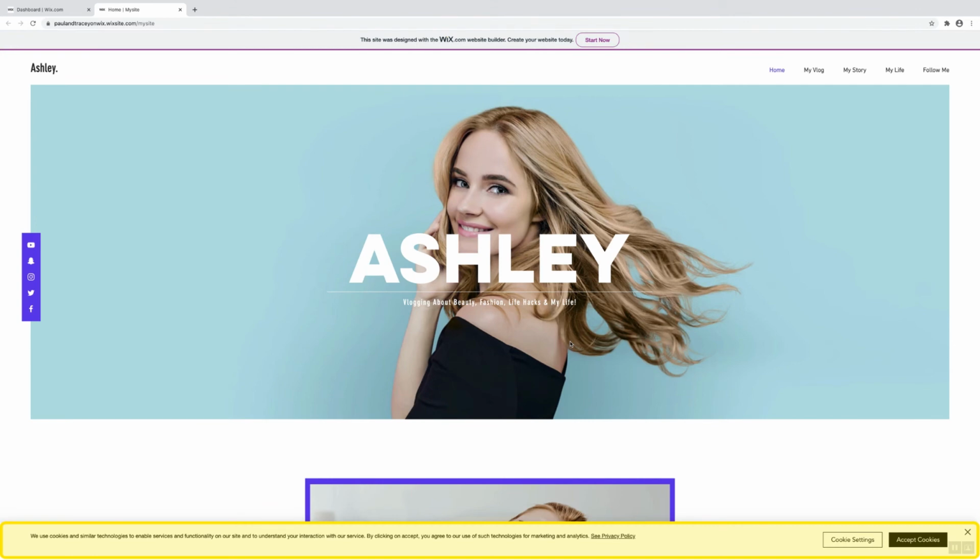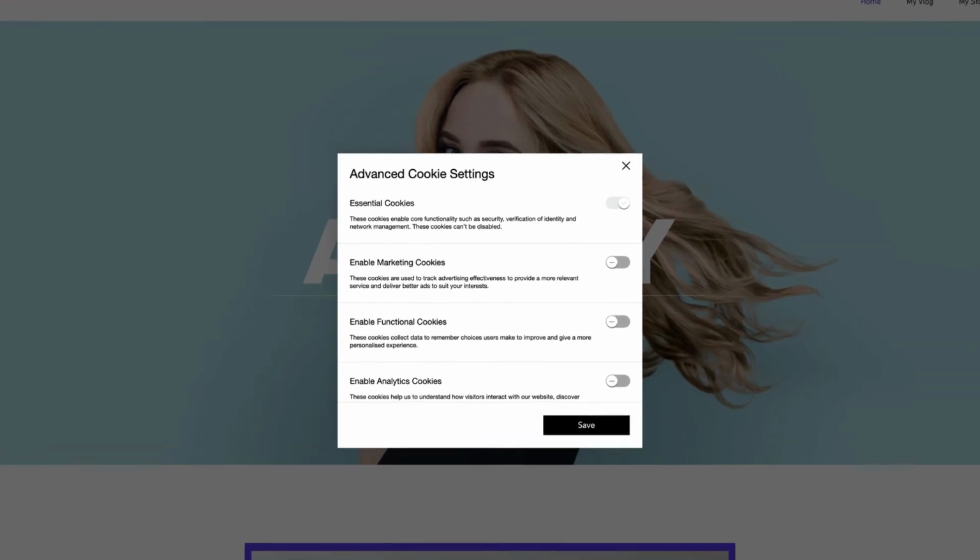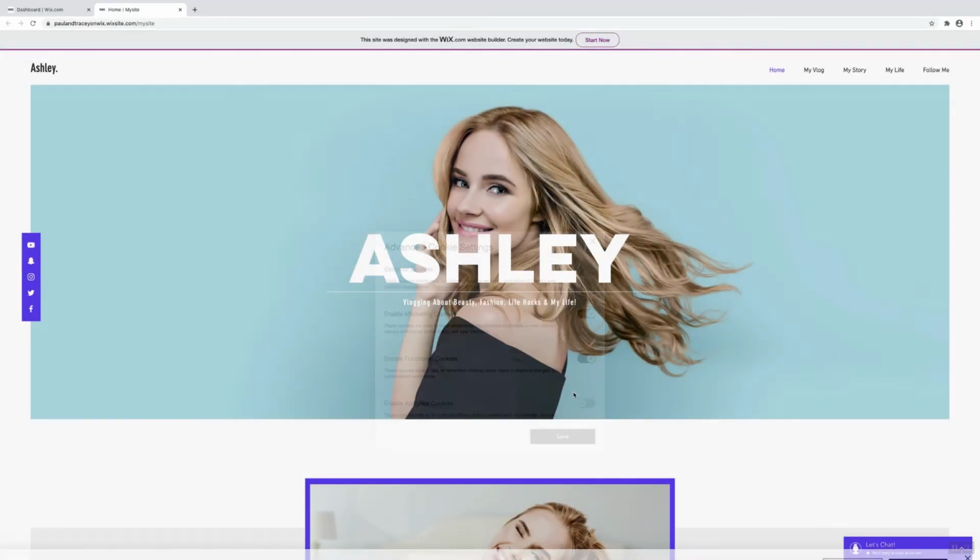So as you can see, the cookie policy appears at the bottom of the website. It has a link to the privacy policy. A visitor could accept the cookies straight away by clicking Accept Cookies here, or they can also update any cookie settings from here. This is the additional pop-up box that I mentioned before. A visitor can activate certain settings here and then save those. When they click Save, it's the same as accepting the cookies, so they don't need to do anything else. And then the pop-up box will disappear as they've accepted the cookies.